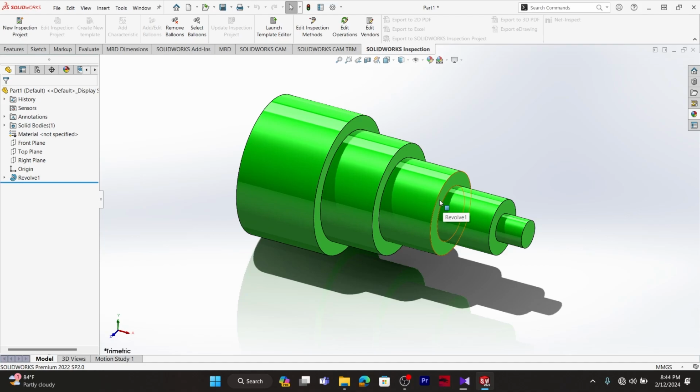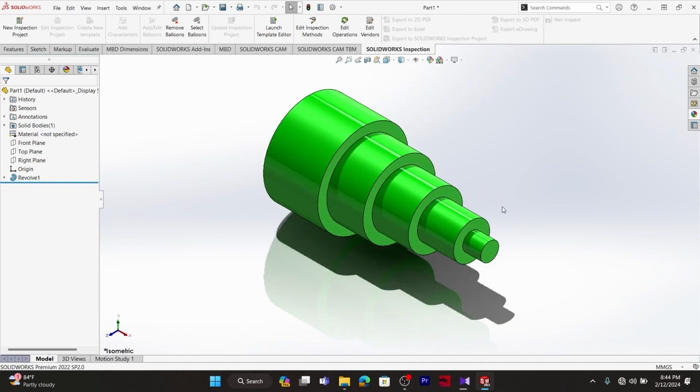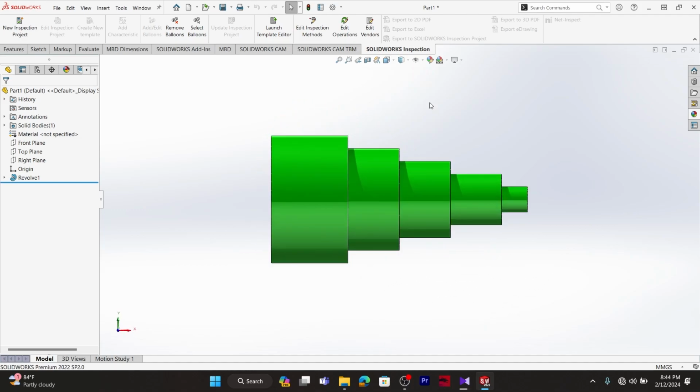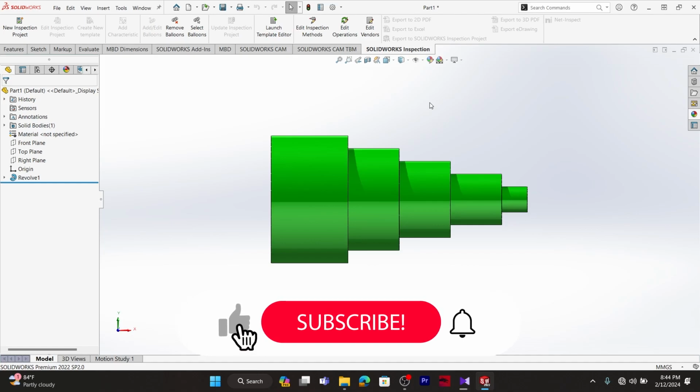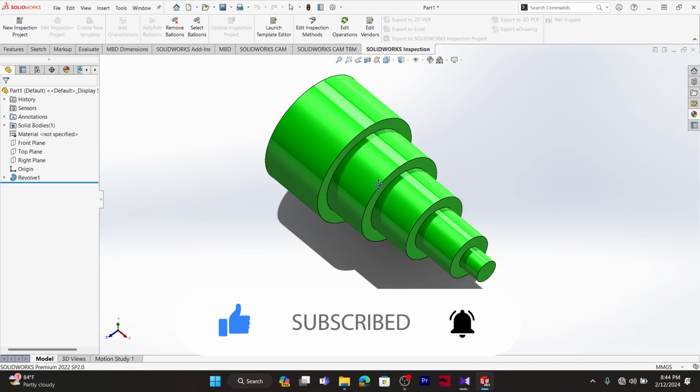Now we have an option here called normal to, and this is one of the options that you may end up using very frequently. So the normal to option will basically make your view normal to the view direction. So I'll just orbit my drawing to explain this, and maybe I'll just move it very close to this. But as you can see, it is not completely oriented to this direction. It is very close but not fully oriented. So I'll just move it kind of like this and I'll click on normal to, and this will orient it